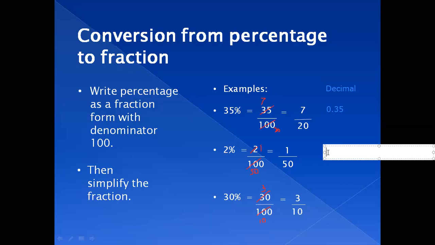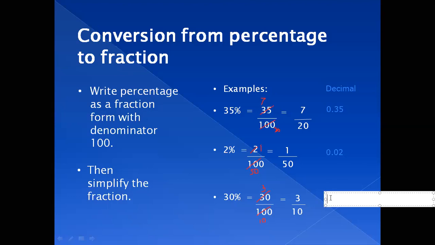Then in the next example, it says 2%. So we will write it in the fraction form that is already written, 2 hundredths. And then we will move the decimal point twice backwards, and the answer will be 0.02. All right. And in the third example, that is 30%. First, we have converted it into a fraction number, that is 30 hundredths. And for making it a decimal number, we will simply move the decimal point twice backward. And so the answer is 0.3.